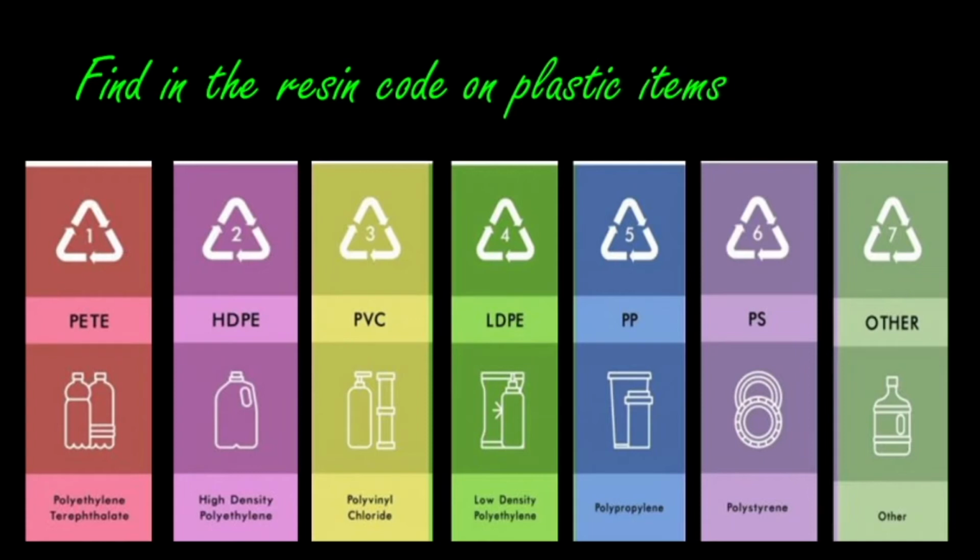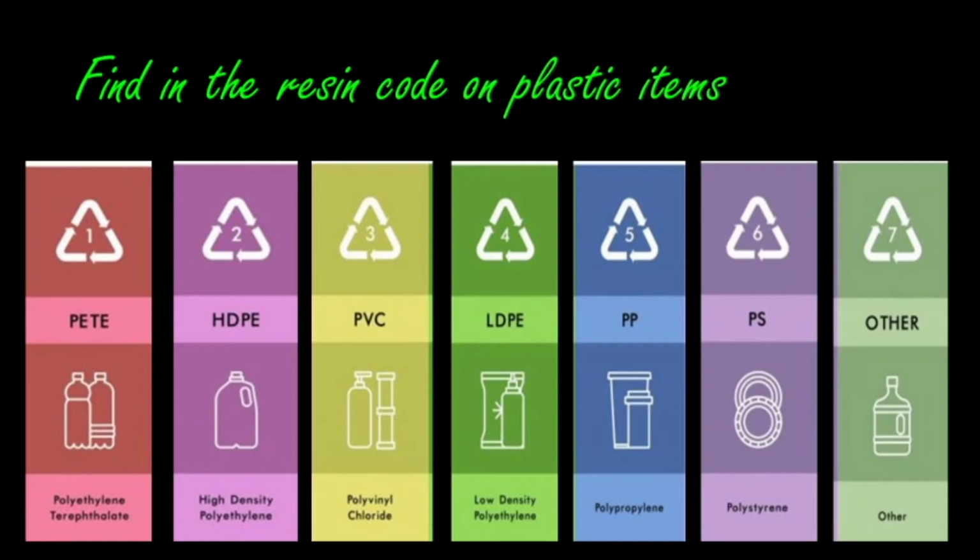Okay, for example, if it is 1 it means it is made up of polyethylene terephthalate. If it is 5 it means it is made up of polypropylene. Okay, so this is the way to find out the resin code of the plastics. The resin codes are numbered from 1 to 7. So 1 to 6 each identify a certain type of plastic that is used in a product. Resin code 7 means it does not come under the category of 1 to 6. So resin code 7 is a category used for every other plastic that does not fit into the category of 1 to 6.